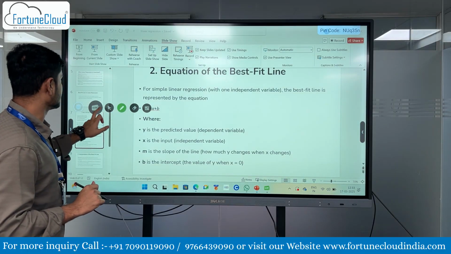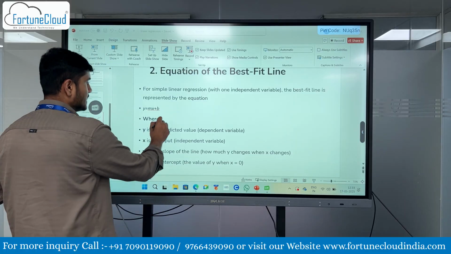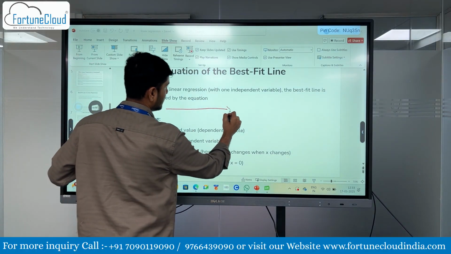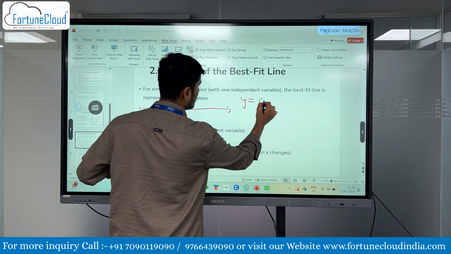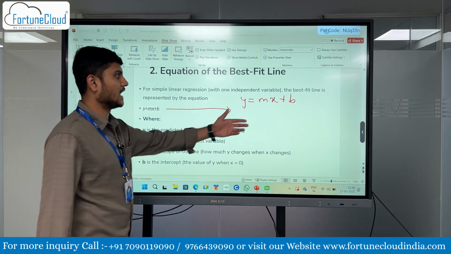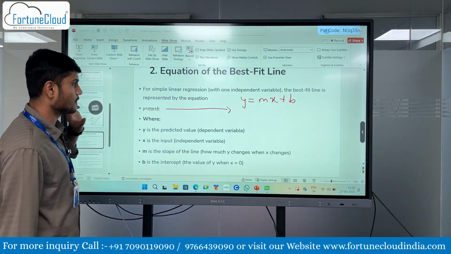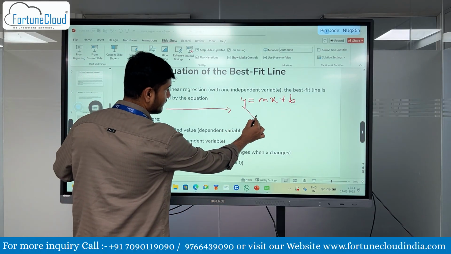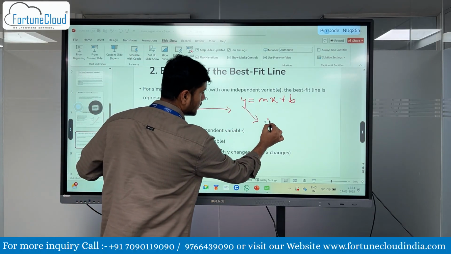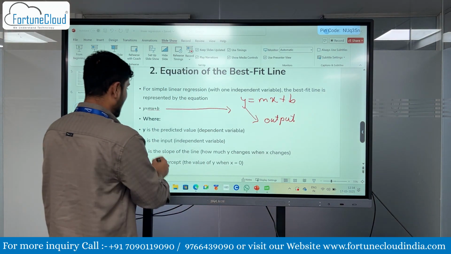And what is the equation of best fit line? Last time we saw that this is nothing but the equation of best fit line, that is y equals mx plus b. We can take any letter, b, c, whatever it is, a constant. Here y is the predicted value, nothing but our output, and x